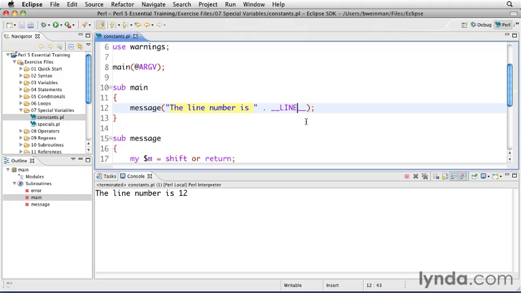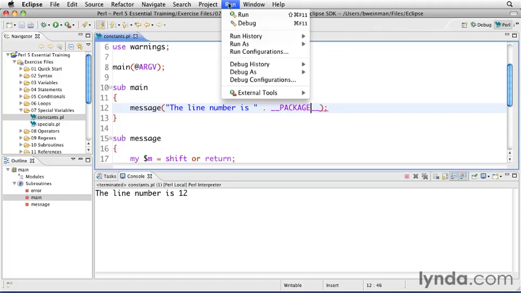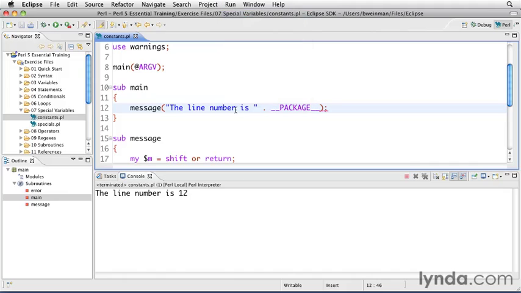There's a couple of other ones. There's one called PACKAGE, and this is used in modules when you're writing modules, and it's actually not used very often. It's just used if you happen to need the name of the module for some reason. And this one will say main because we're not running in an external module, and the main program is always called main, and it says the line number is main, and we can say the package is main,